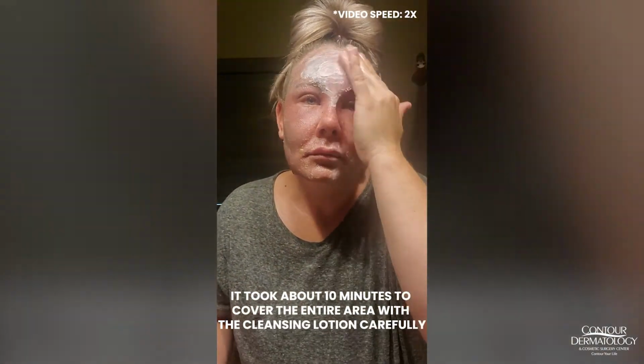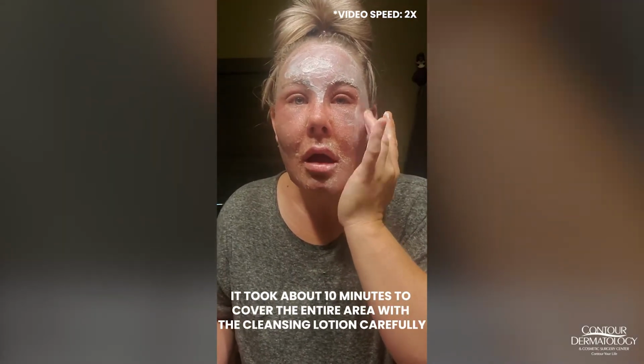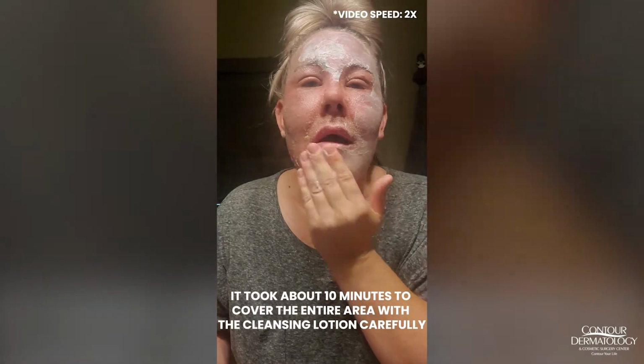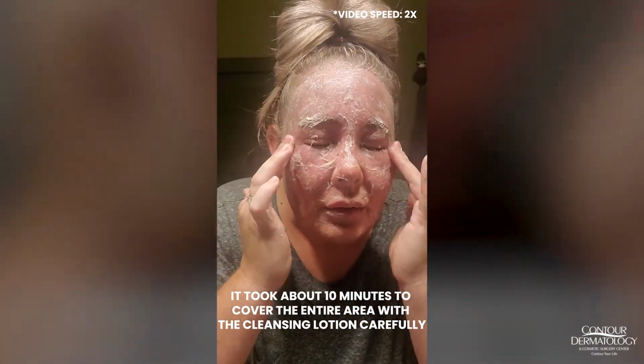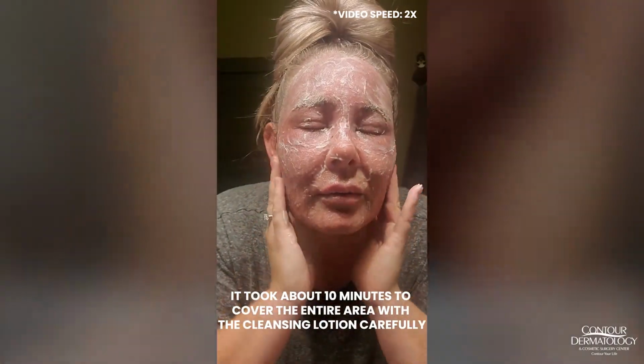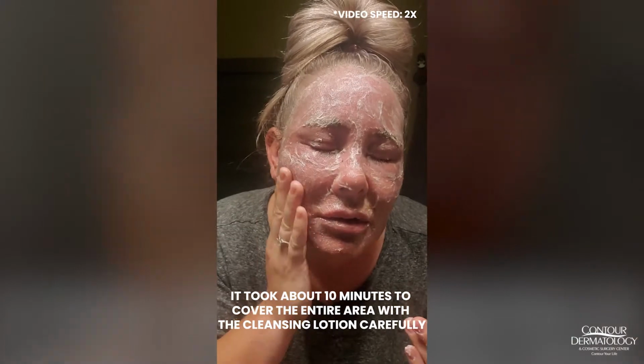This cleansing lotion is amazing. You do not need water for it, okay? You're going to very light-handed put it all over your face, you know, light circular motions, okay? Everywhere. So I don't want to just do one wipe. I want to be saturated with this cleansing lotion. You can kind of almost feel it's saturated enough to where you're actually going to get a good wipe and a good cleanse. I wanted to pick up that dead skin,